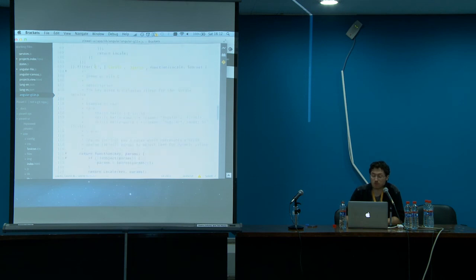So you have this T filter. It accesses the locale service, and anytime the value of this language variable changes, it changes what this thing returns. So I didn't have to write any code to make that happen other than just saying locale.uses Spanish, and it just did it.